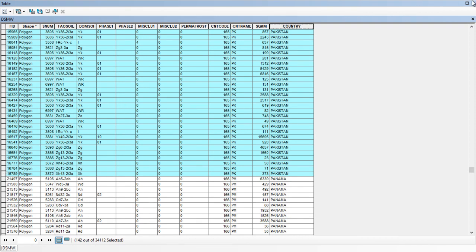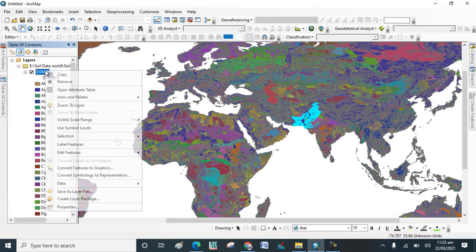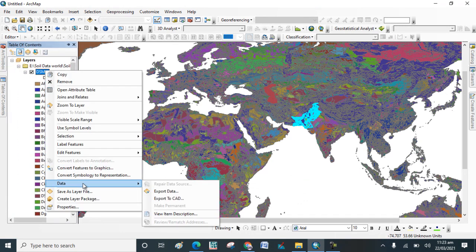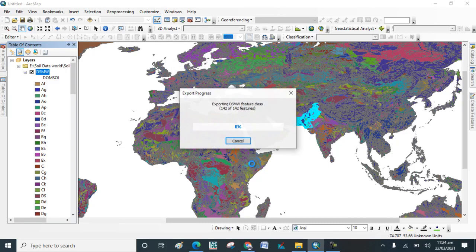Now close the attribute table and go to the table of contents, right click on it and go to data and export data. Here I can change the name to Pakistan.